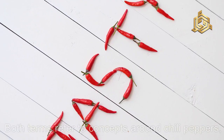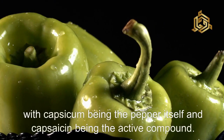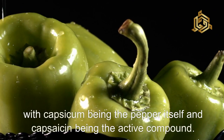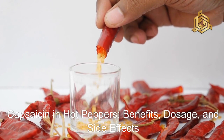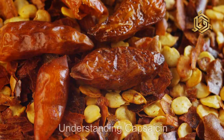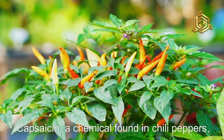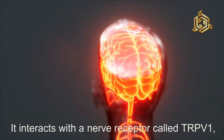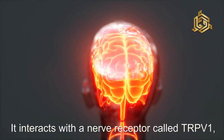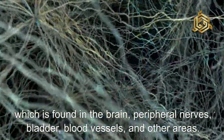Similarities. Both terms refer to concepts around chili peppers, with capsicum being the pepper itself and capsaicin being the active compound. Capsaicin in hot peppers: benefits, dosage, and side effects. Understanding capsaicin. Capsaicin, a chemical found in chili peppers, is known for its heat and medicinal properties. It interacts with a nerve receptor called TRPV1, which is found in the brain, peripheral nerves, bladder, blood vessels, and